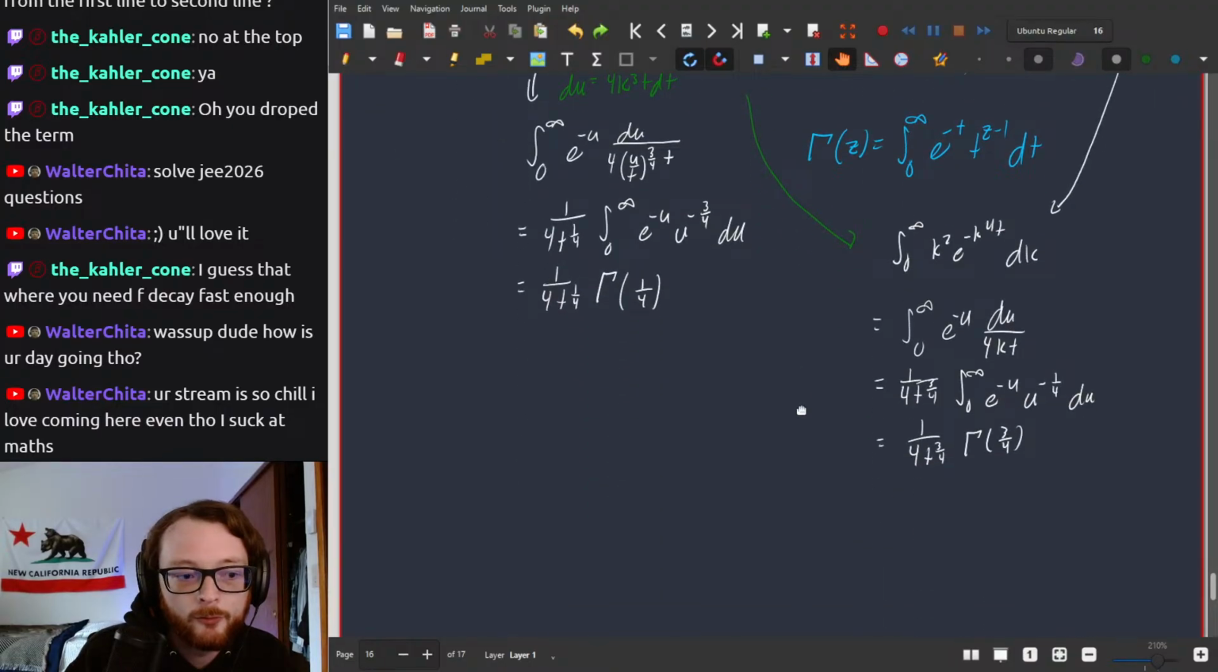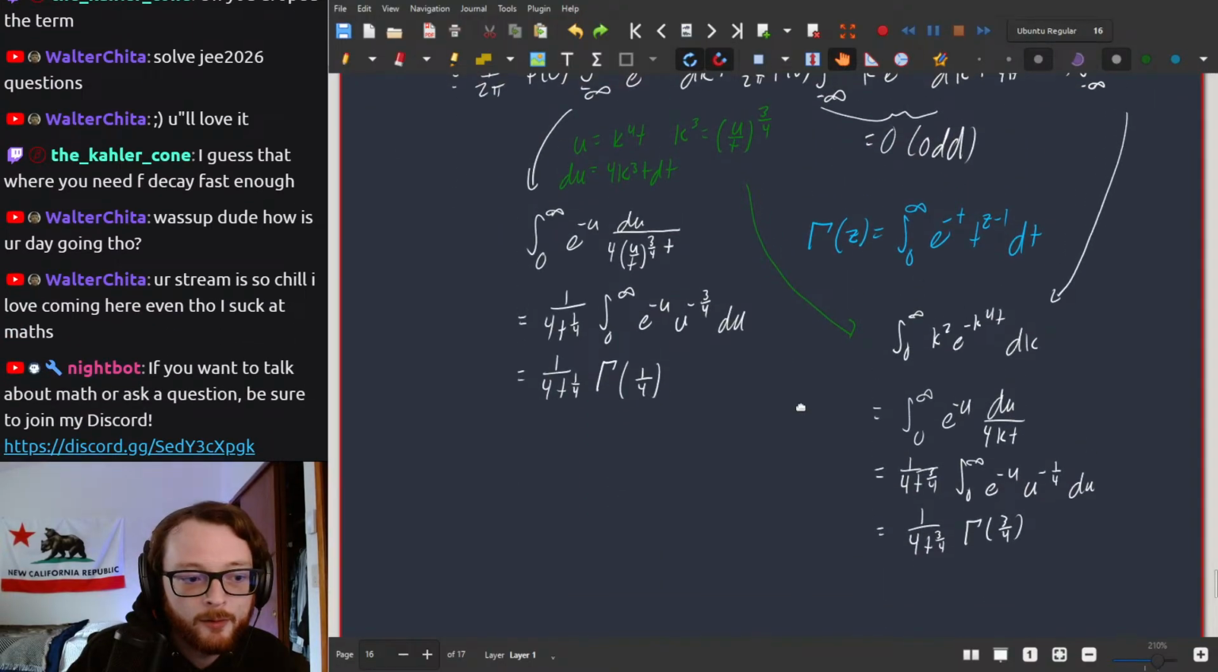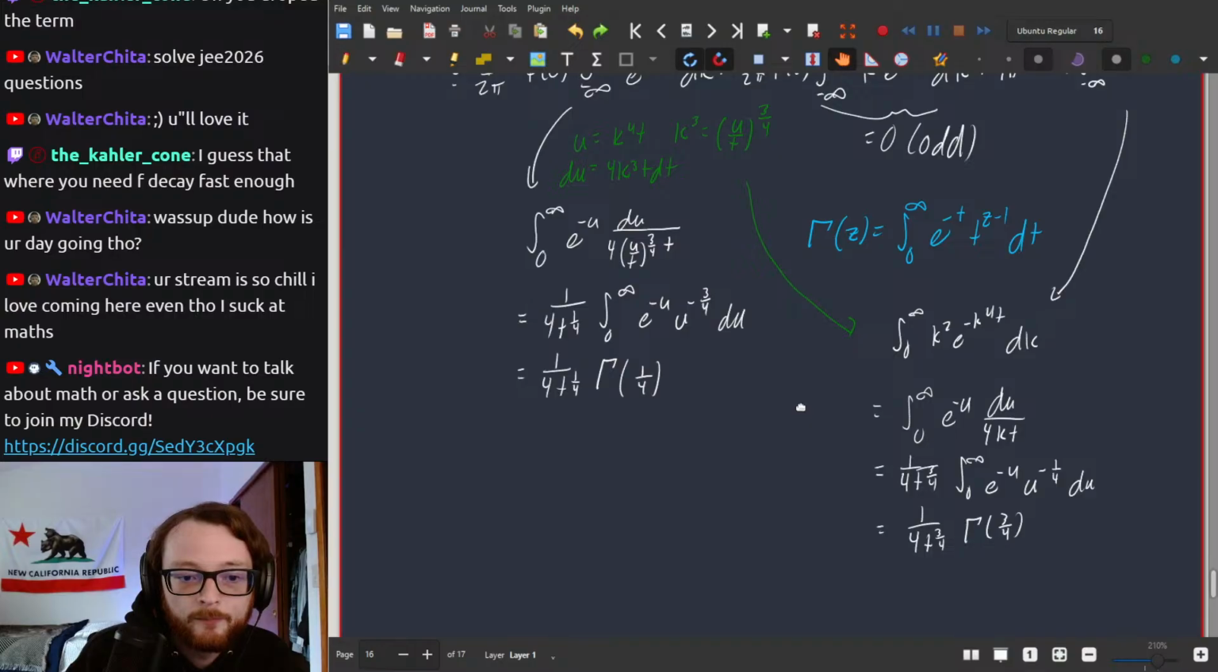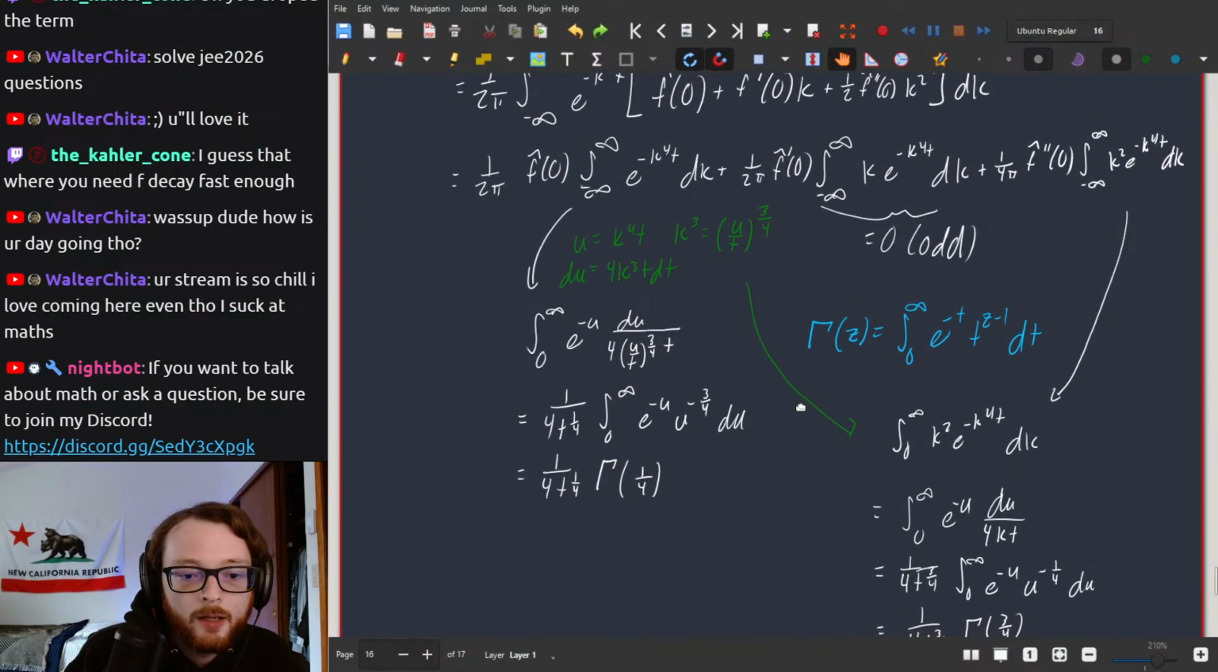Although gamma does have all sorts of identities, maybe there's a different one. I'm not going to bother though. It's not really important. Okay, so